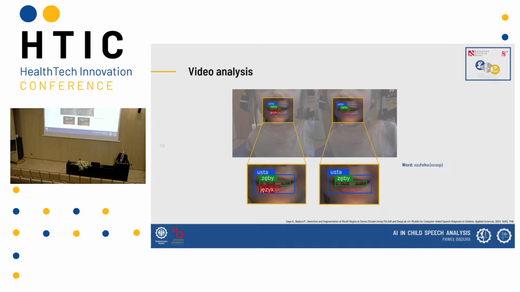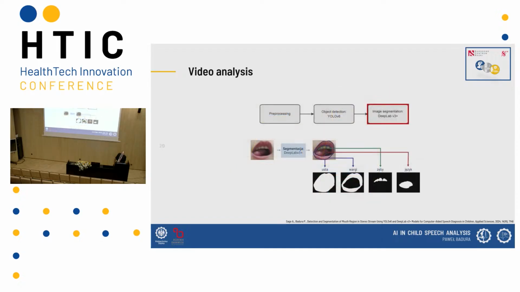So we applied this to the video stream, to all the frames of the words. Actually, we didn't treat the entire 2-minute recording with this. And in the second step, another portion of the AI, we had the deep model called DeepLab V3 Plus, ultimately with the Xception backbone, which was used in a 3-step process to perform a reliable segmentation model, and again to get those three objects: the lips, the teeth, and the tongue, and ultimately the union of them all, the sum of them all, that we called the mouth.